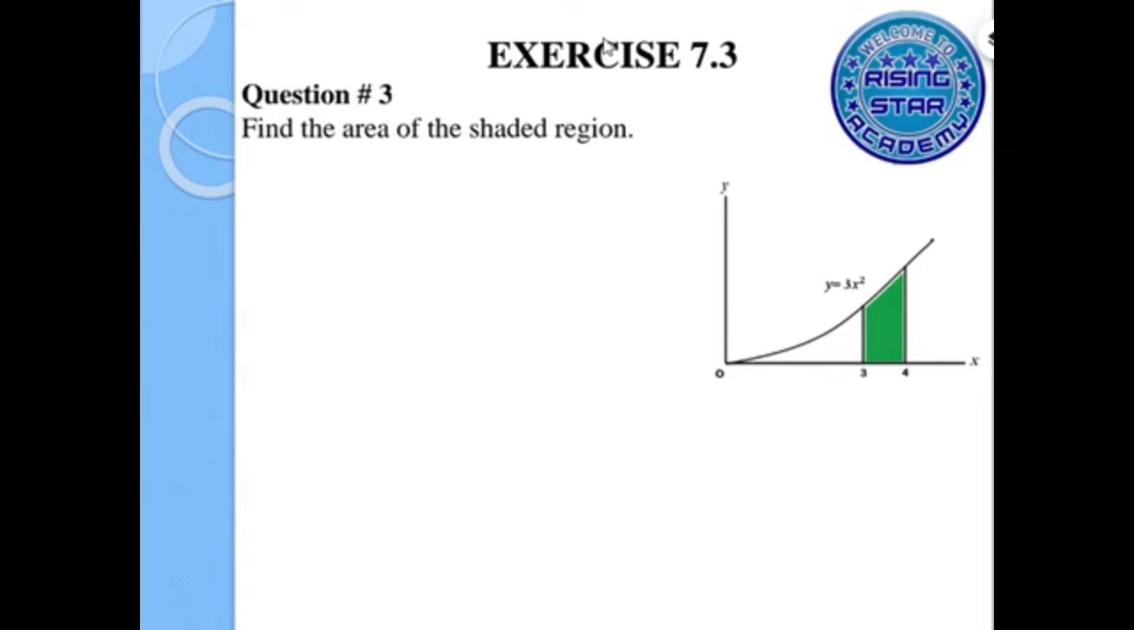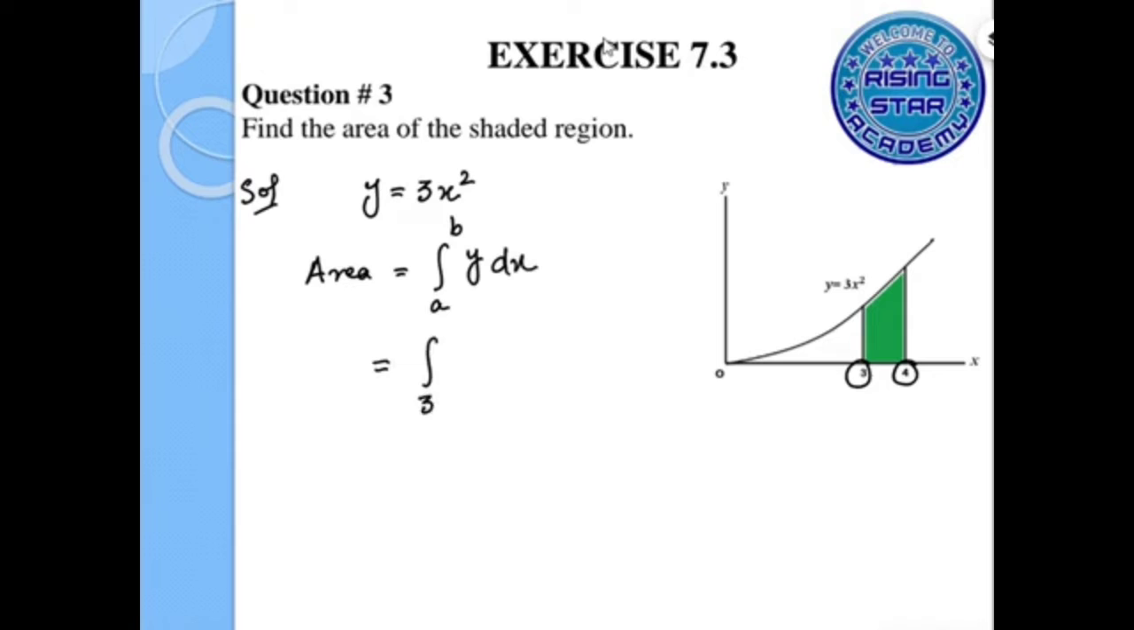Here in question number 3, the equation of the curve is given to us, that is y equals 3x squared. The upper and lower limits are also given to us. So I would apply the formula of area, that is the integral from a to b of y dx. It's along the x-axis, so the lower limit is 3, the upper limit is 4, and the value of y is 3x